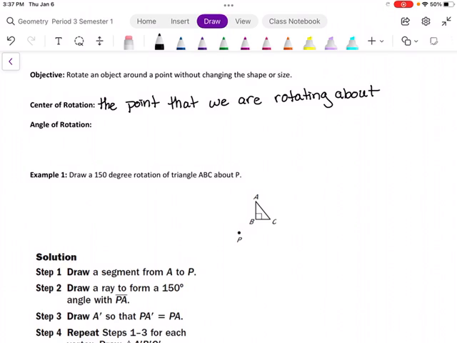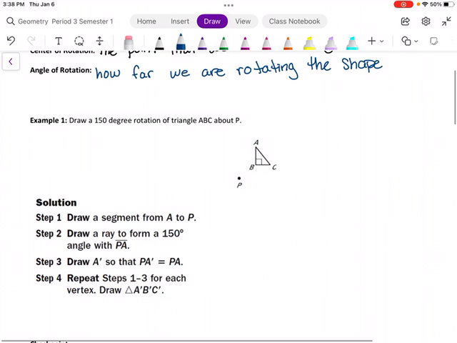And then we also have the angle of rotation, and this is how far we are rotating the shape. So these are just the two vocabulary words that are new for this section. So for example,